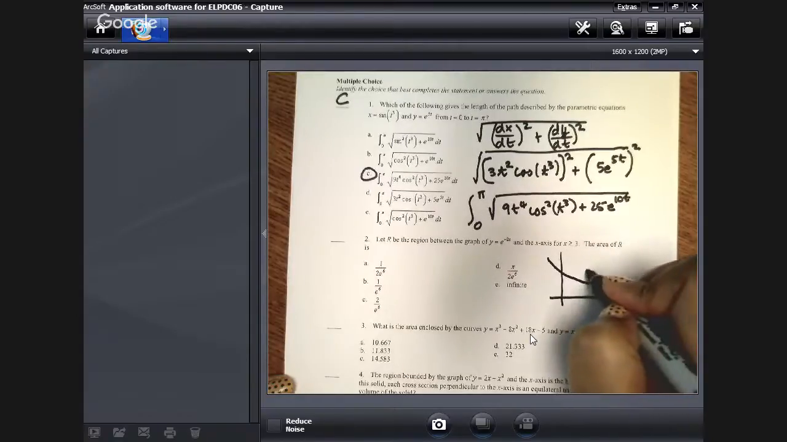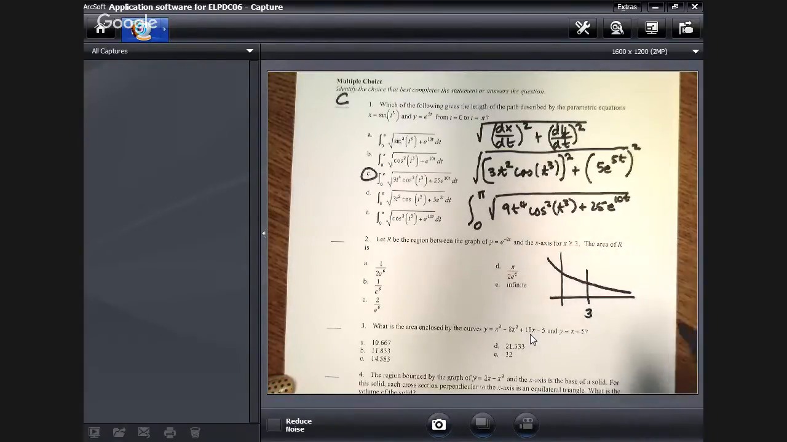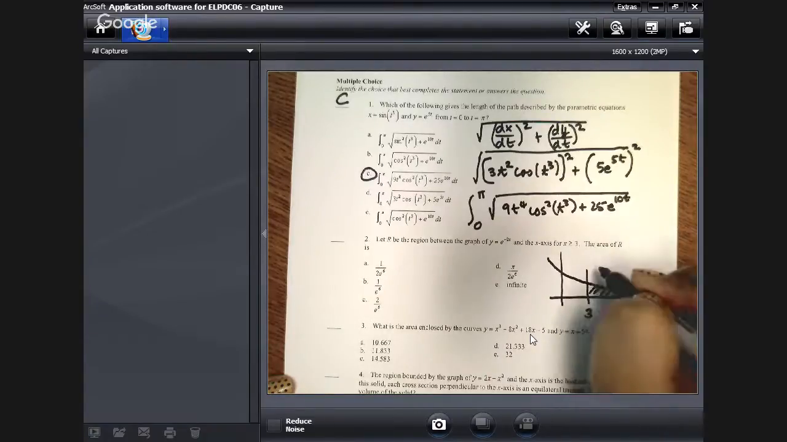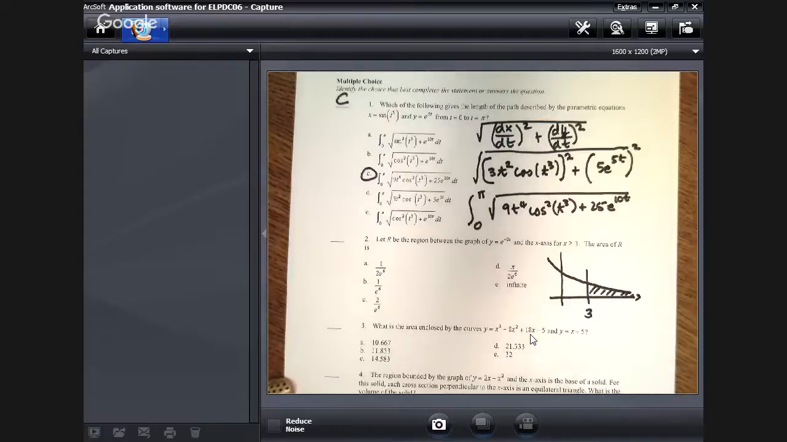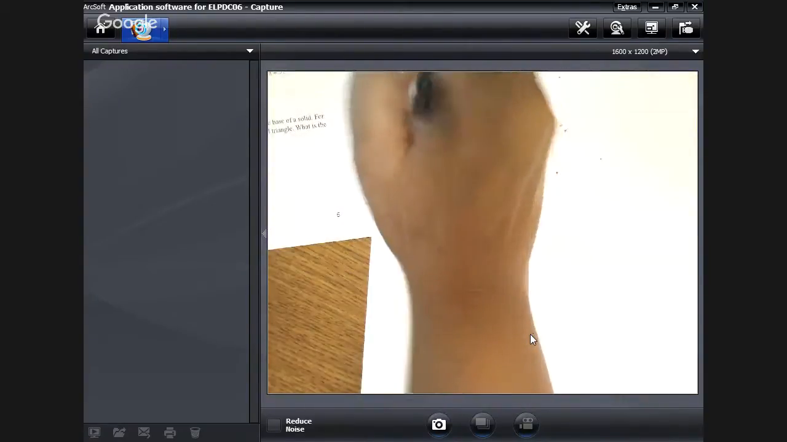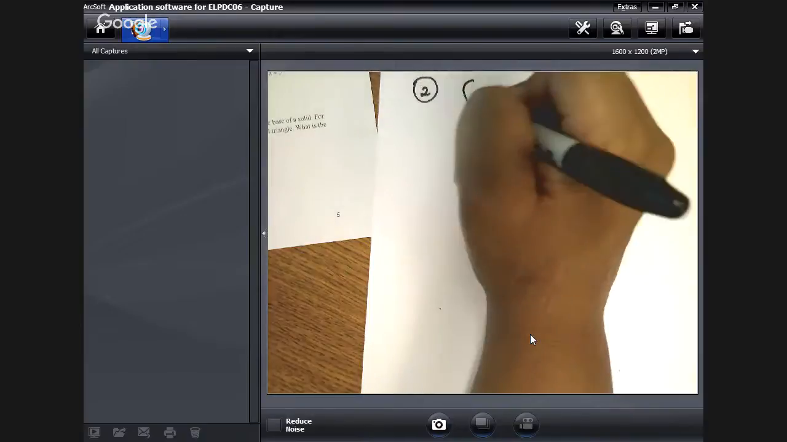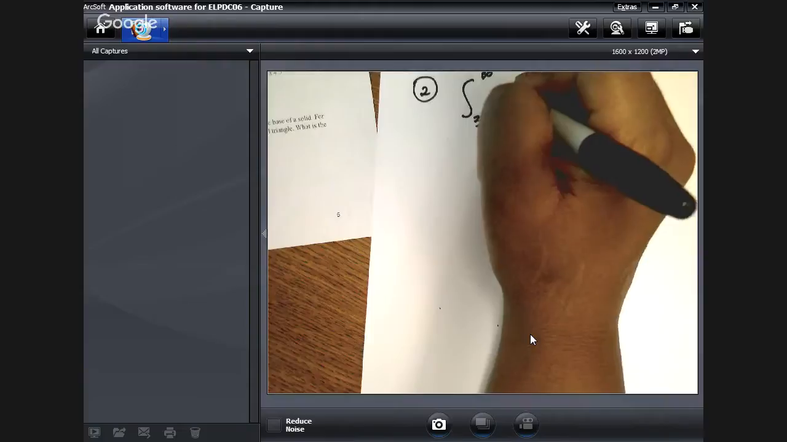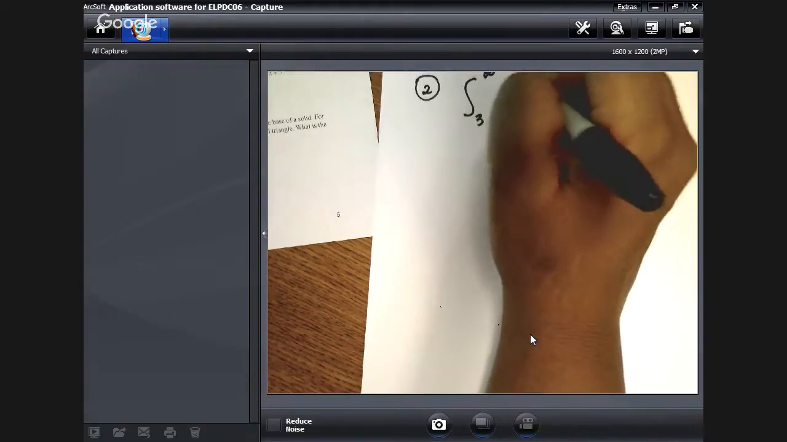And we're looking at values greater than 3. So we want the area of this unbounded region. Now, to find the area of this unbounded region, we actually need to do an improper integral. I'm going to do this off on the side here. This is number 2. We'll need the improper integral from 3 to infinity of e to the minus 2x